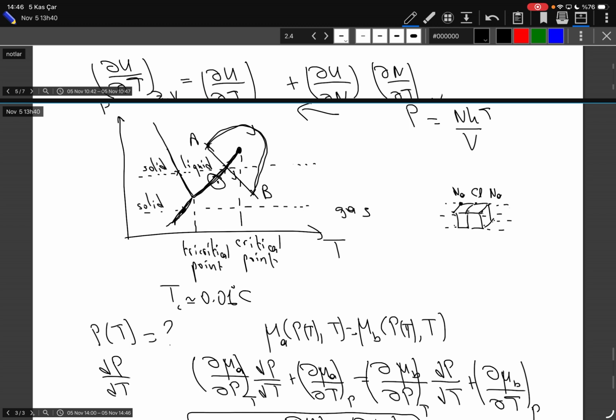But if you don't have coexisting systems, you have one system which you claim to be a liquid, another system which you claim to be a gas, well, those claims are not so well founded. That's the basic idea. As long as they coexist, you can differentiate them. There is a phase transition. But if they don't,